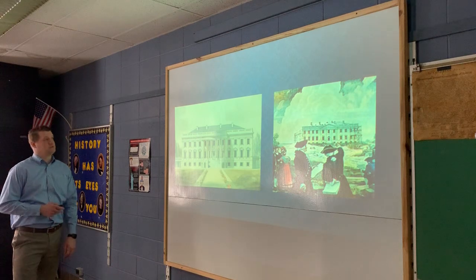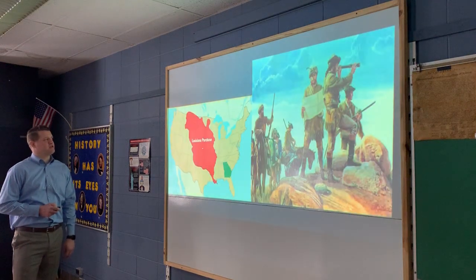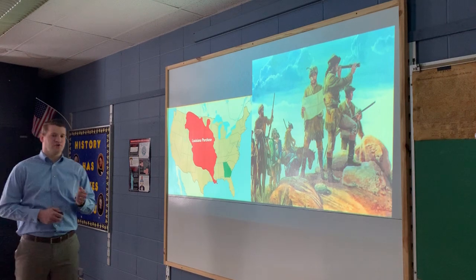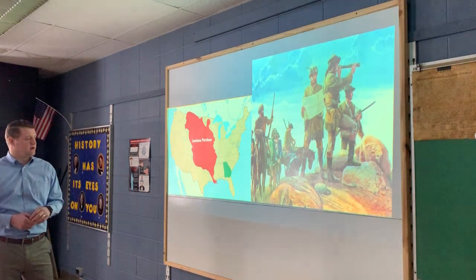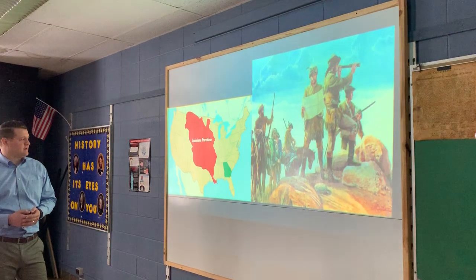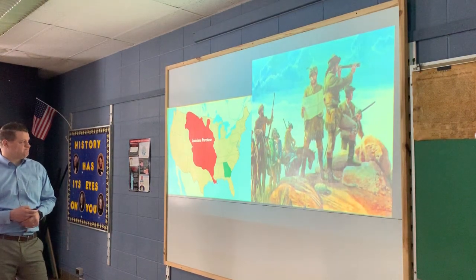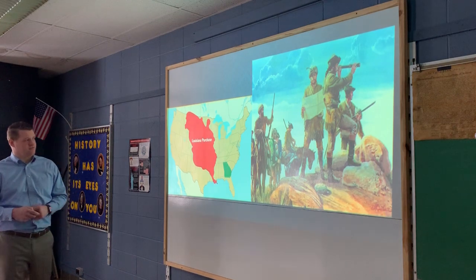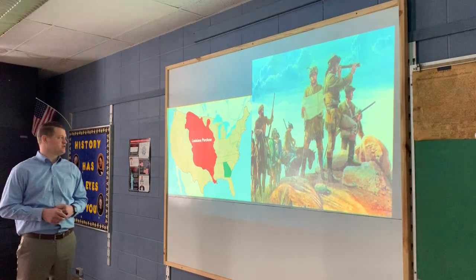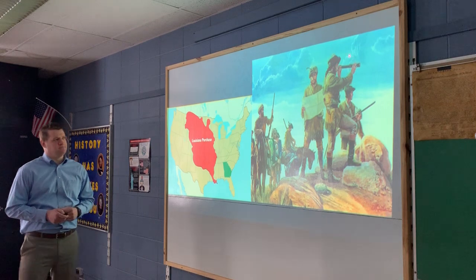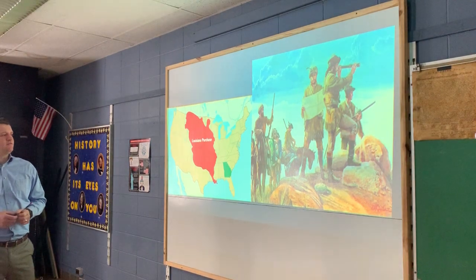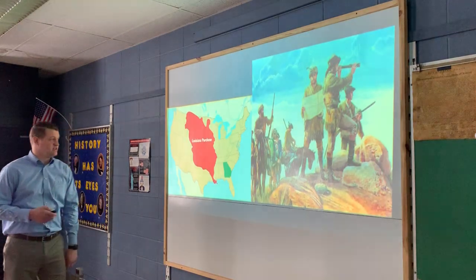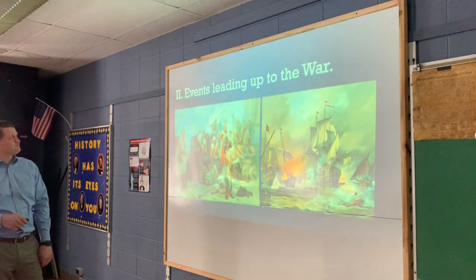And here is a depiction of a couple people with some blueprints and scaffolding, finishing the building of the White House. Louisiana Purchase, 1803, all this area here in red. This land was purchased by the United States from France, from Napoleon. A little after the Louisiana Purchase, the explorers Lewis and Clark went out to explore the land that they had just bought.